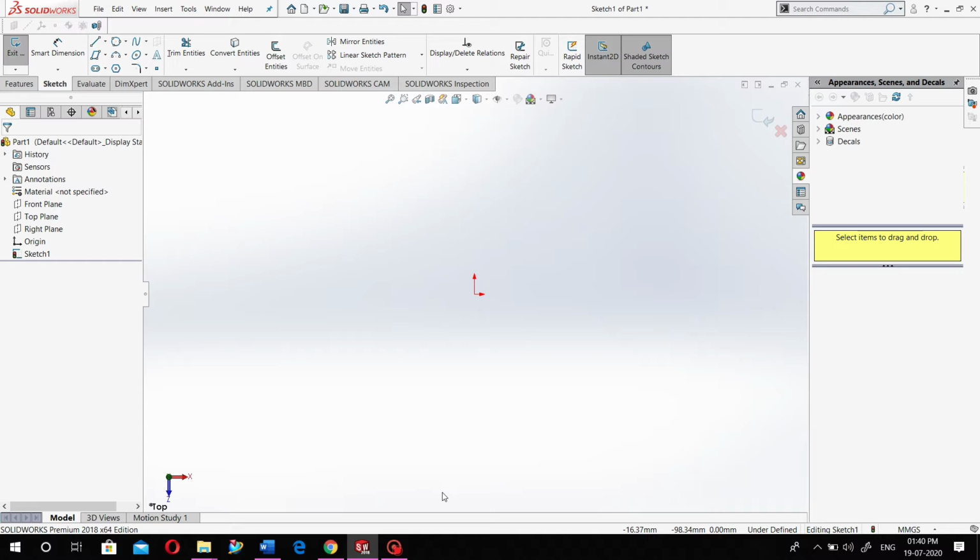Today we are going to start the second tutorial of SolidWorks. But before that, let's recall the first tutorial. In the last tutorial, we learned point number 1, how to start SolidWorks. Point number 2, how to select planes. Then point number 3, how to convert or select the units. Then point number 4, nine different commands, but we started with the lines only.